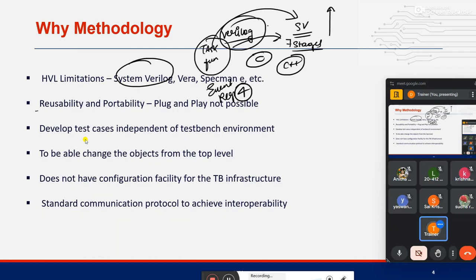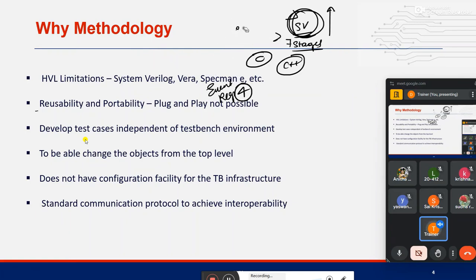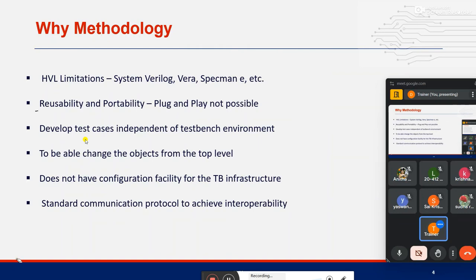The same way, the complete SystemVerilog subject is improvised with the help of this UVM methodology. Okay, without UVM also you can still do the project. It is not compulsory, you don't need UVM, but if you have knowledge of UVM, for SoC level projects it is helpful. Now, reusability and portability were also present in SV, but in UVM, what happens? It increases usability. That's it.